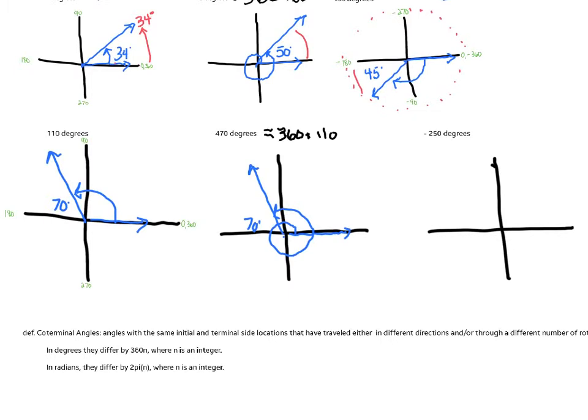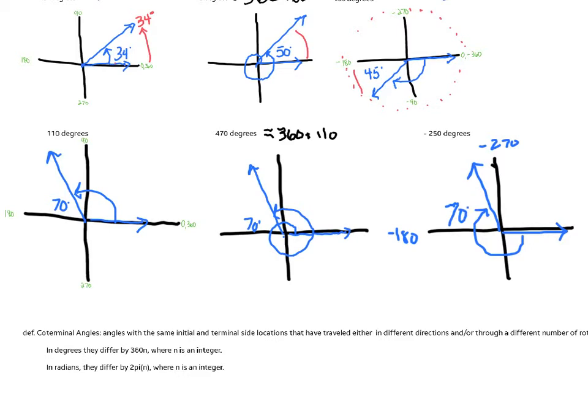And the last one I have is negative 250. So again, I got to think of the negative direction. So this is negative 180. This is negative 270. So once again, my angle is going to fall 20 degrees short of negative 270, so it's going to go right there. To show the negative direction, I show the negative spinner up and around. And then I label my reference. I know that it's 20 degrees between the terminal and the y, but that means it's 70 between the terminal